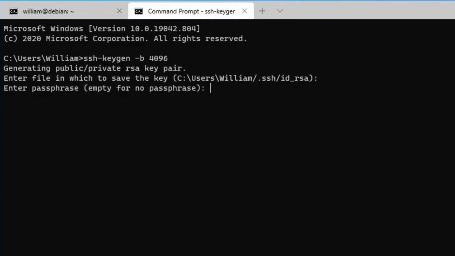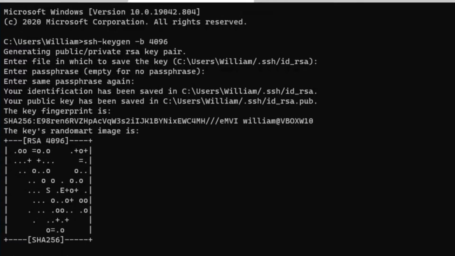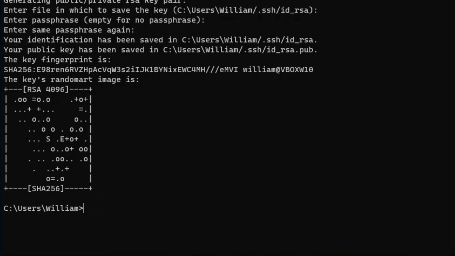I'll use my user password. Use whatever you like. Or to skip, press enter. Then confirm the passphrase, or enter if none. And you're done. Assuming you have a typical Windows install, the key file is saved to